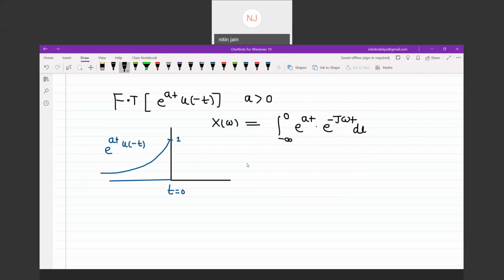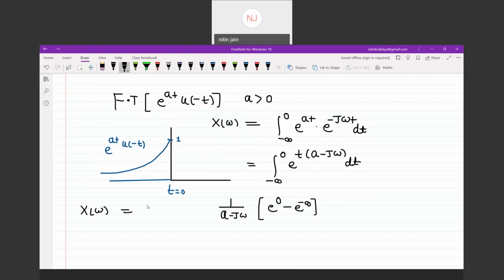If I take t as common, it's minus infinity to 0 of e to the power (a minus j omega) t dt. So this can be written as 1 divided by a minus j omega, and the remaining function is e to the power 0 minus e to the power minus infinity. So X of omega is equivalent to 1 over